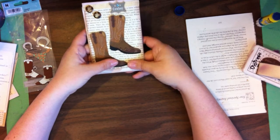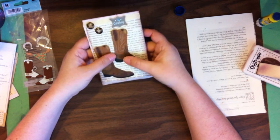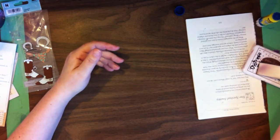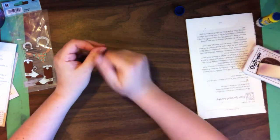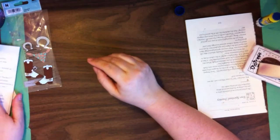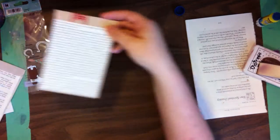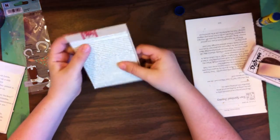It's pretty much complete as it's going to be until it goes into a journal, and then whoever buys the journal will be able to decorate it how they like. Okay, so from something like that